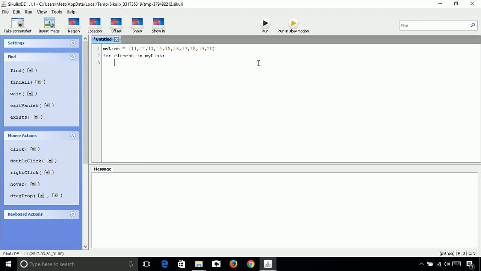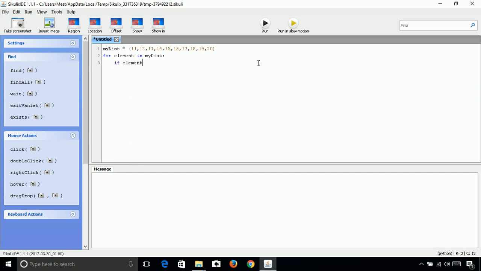To check whether the element is even or odd, we can use the modulo operator. If after dividing the number by 2 we get 0, then it is even, otherwise it is odd. So let's use the modulo operator here.